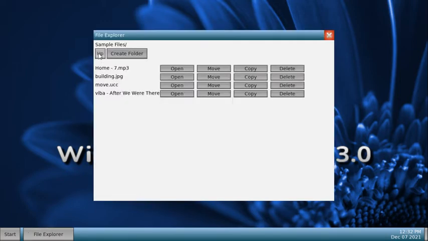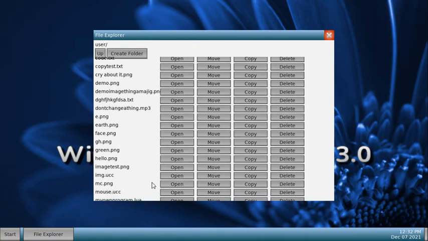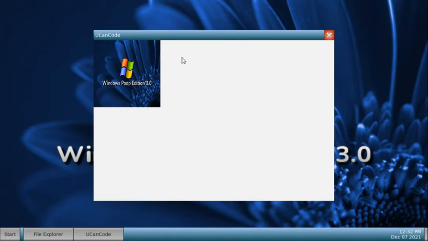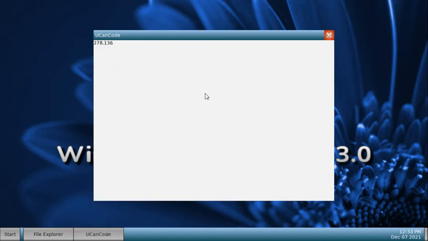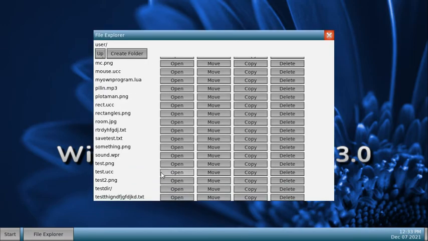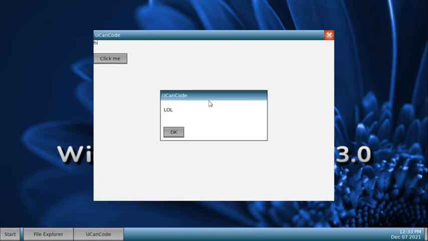Yeah. And I also programmed some random UCC files just to test things. This displays an image. It displays the background, but really tiny in a square. This one reports the position of the mouse, relative to the top left corner of the window. Whatever, nobody cares. This one, test.ucc, says hi and has a click me button. If you click it, it says lol in a message box,